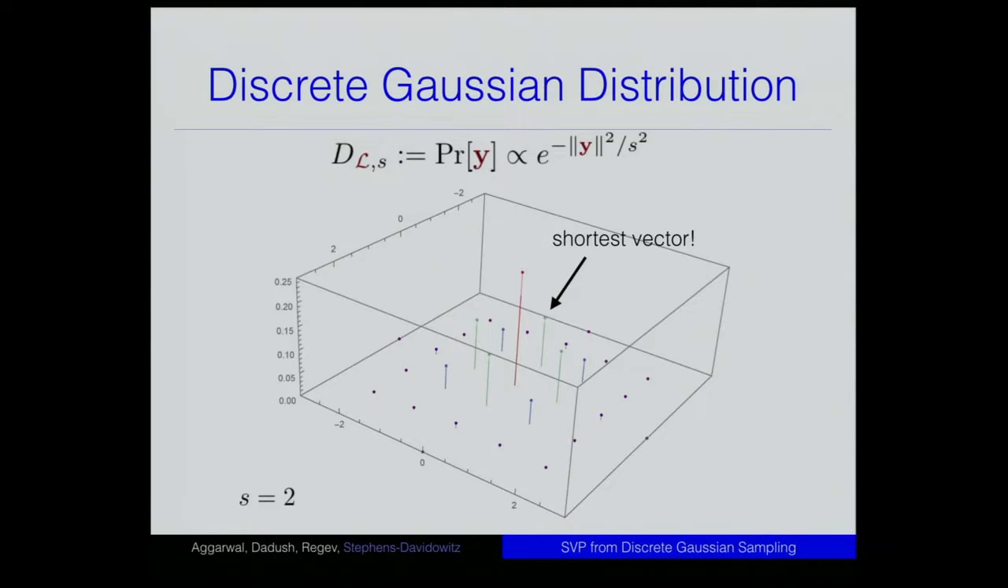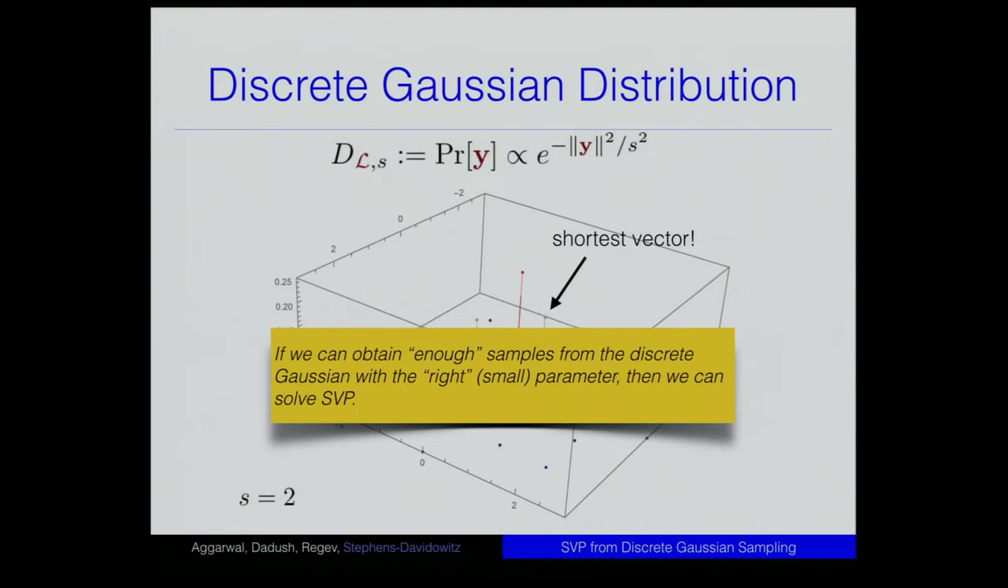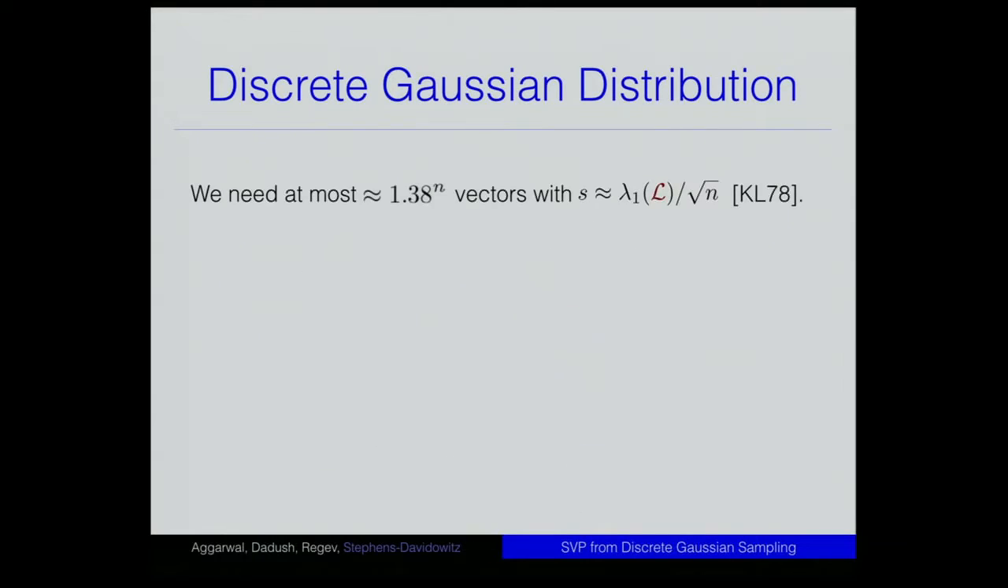Of course, in higher dimensions, things might be a little messy, but the intuition that we can take from this is that if we get enough samples, where I'll define enough in a second, from the right parameter, I'll define that in a second too, but it's rather small, then we can solve the shortest vector problem. In particular, if you use a rather heavy hammer, so I certainly won't show you this proof, you can show that we need about 1.38 to the n vectors